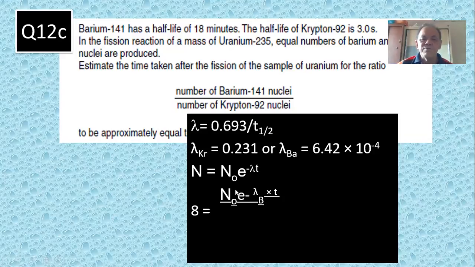Right? So that one is for beryllium. This one is for krypton. T is just the time. Okay, put in your value, this value, and that value there. Yes. B, 2, 3 is